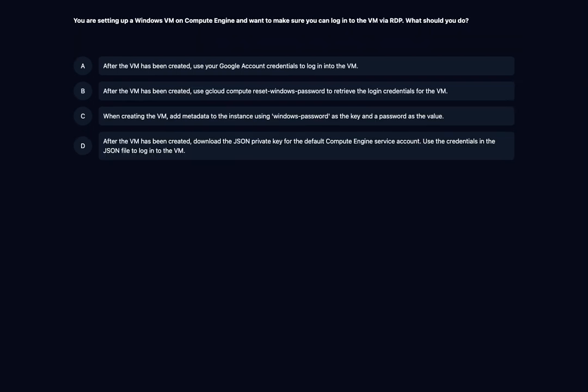You are setting up a Windows VM on Compute Engine and want to make sure you can log in to the VM via RDP. What should you do? A. After the VM has been created, use your Google account credentials to log in to the VM. B. After the VM has been created, use gcloud compute reset-windows-password to retrieve the login credentials for the